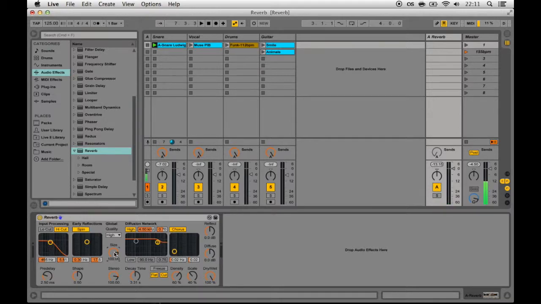Next is going to be the decay parameter. Now, the decay time is just how long it takes for that reverb to fade out. You also hear this called a reverb tail as well, because it's basically just a tail that's added on to the audio. So with decay times, you can have a short decay time, and that'll usually provide enough space for